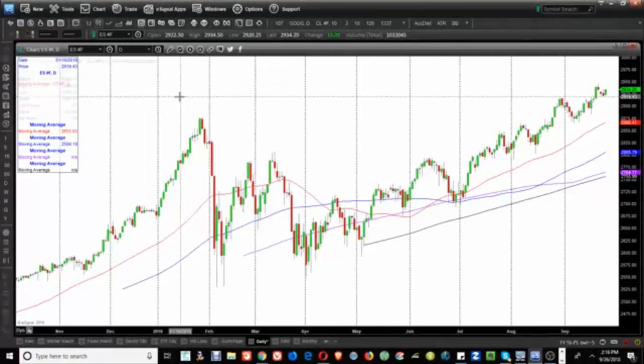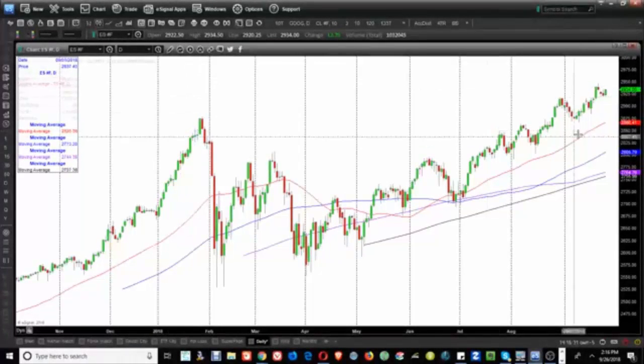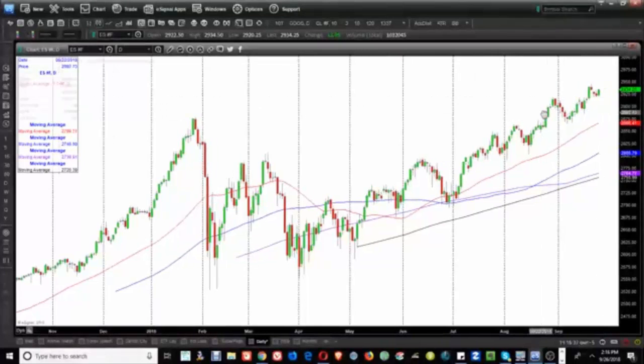Okay, let's look again. We always start with the S&P. So where are we at now? We're at 2934 here. You can see things are way up. So we're not buying. One of the rules we have is we don't buy above moving averages. The red one's the 50, the black one's the 200. Now there are some exceptions, and one of the exceptions is on a big down day. We'll buy in certain scenarios. So when those days occur, I'll be there with you to discuss. But obviously it's not a big down day today.